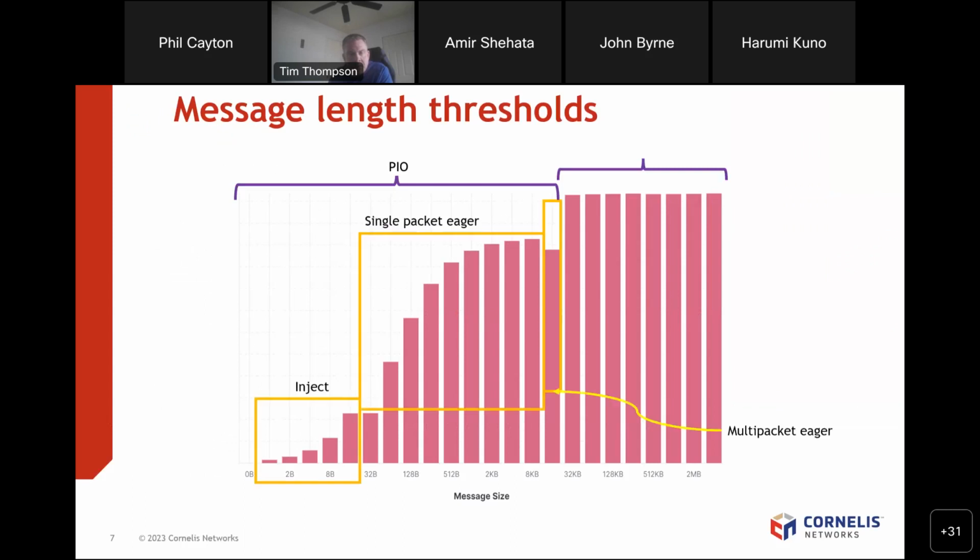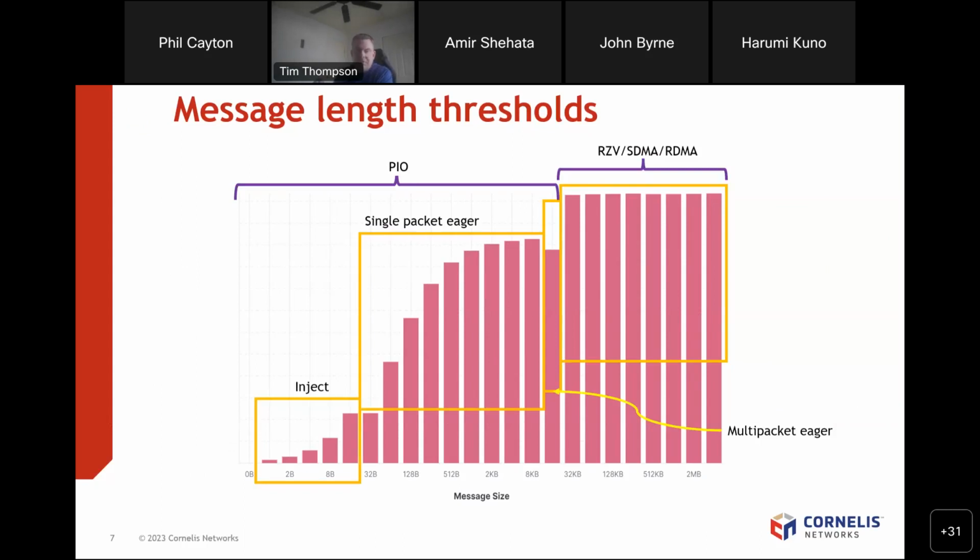So I'll just fill these in. This is a slide that I stole from Charles Shereda that was presented at SC last year. This is a good graphical representation. I didn't want to have anything too specific about line rate on here, but this is a good graphical representation of